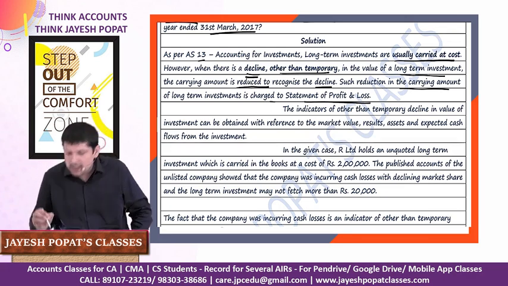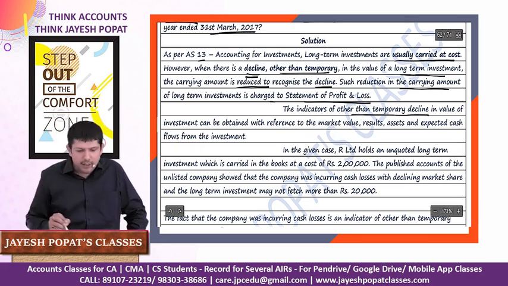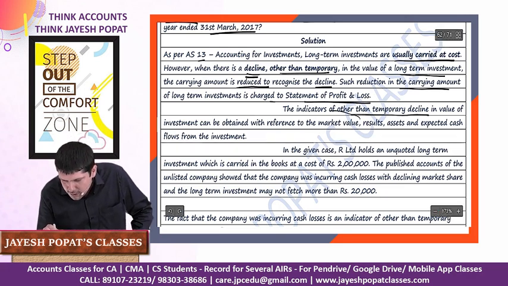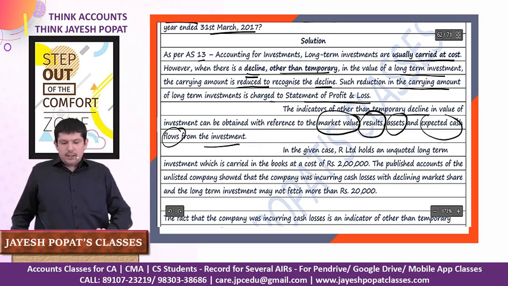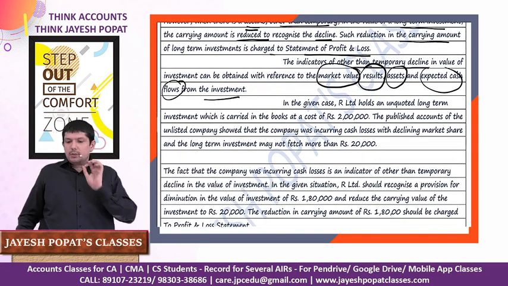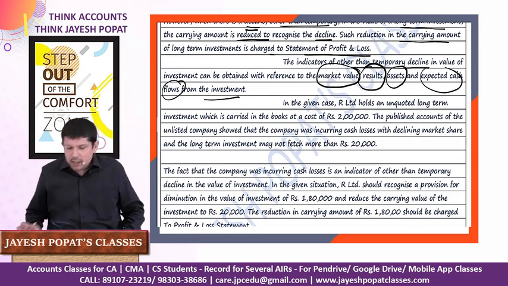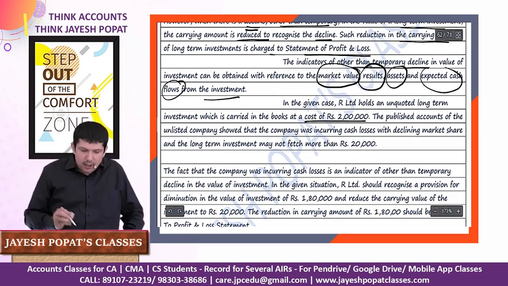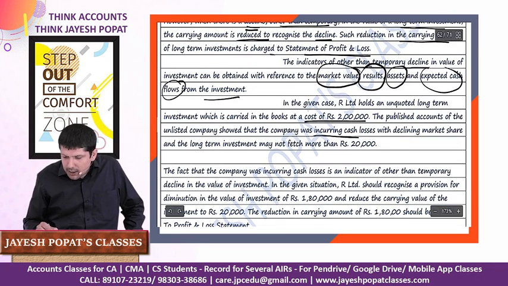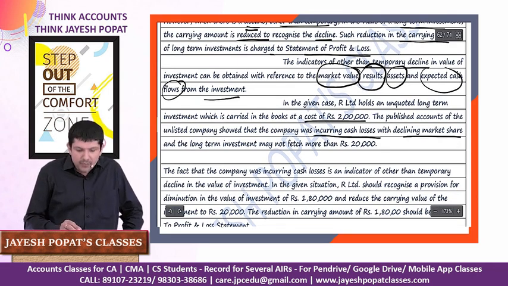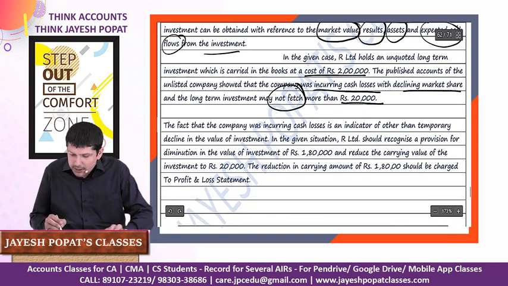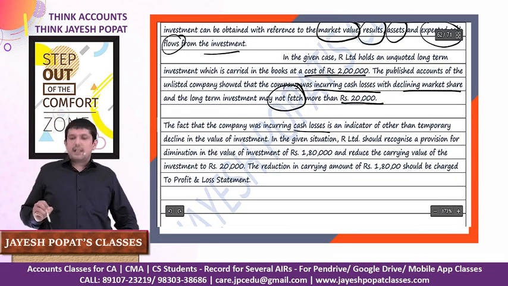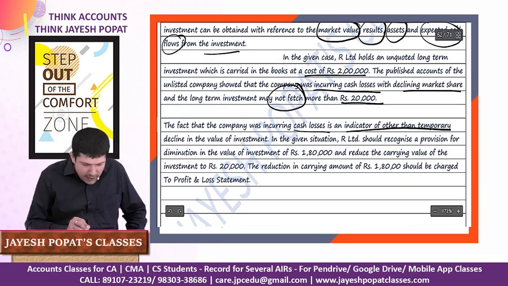Then the standard says that the indicator of an other than temporary decline in the value of an investment can be obtained with respect to the market value of the investments, the performance or the results, the assets, and the expected cash flows from the investment. So in the given case, R Limited holds an unquoted long-term investment which is carried in the books at cost. The published accounts of the unlisted company show that the company is incurring cash losses with a decline in market share, and the long-term investment may not fetch more than 20,000. The fact that the company is incurring cash losses and there is a reduction in the market share is an indicator of